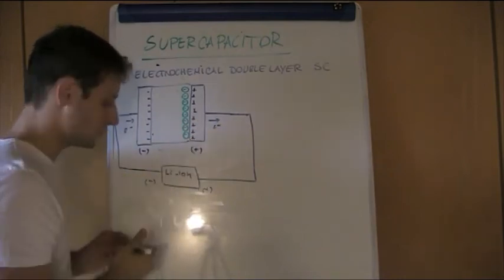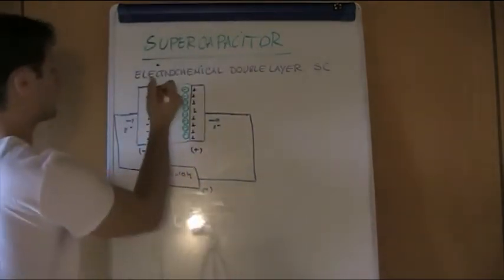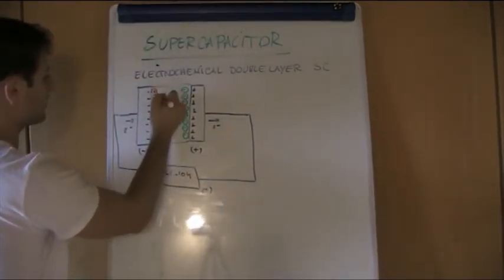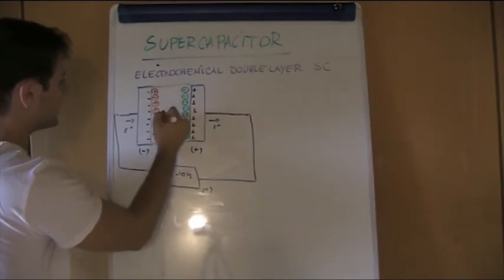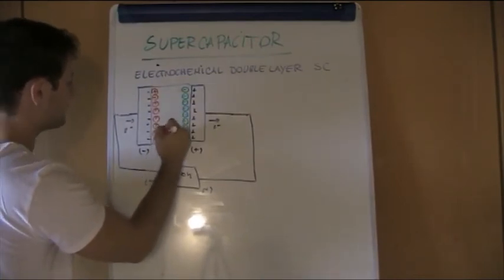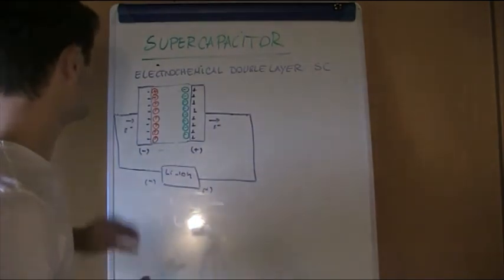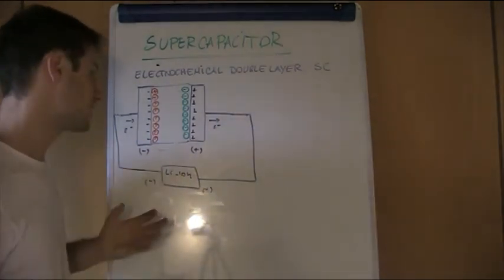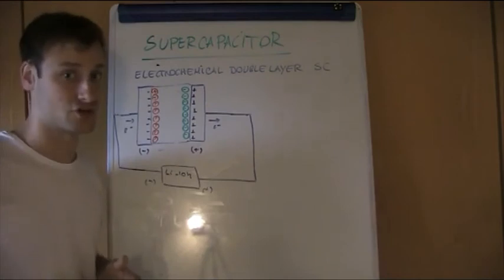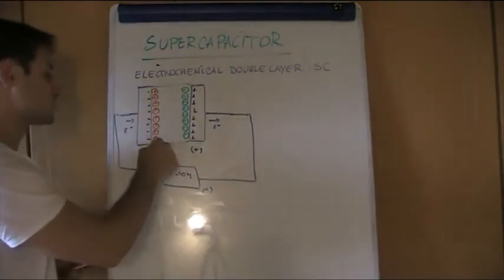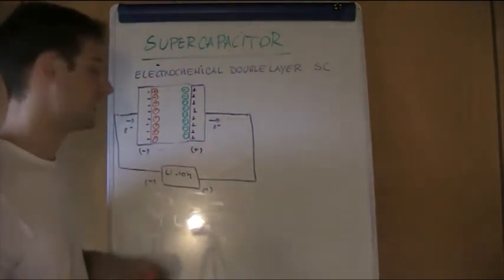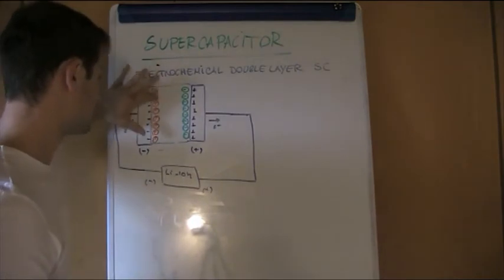And on the other hand, we are collecting the counter ions here. So what we are creating is two electrical double layers. We have defined that there are a lot of different types of models, but in general, if we simplify the situation, we can say that each of these two single double layer models, here we have, for instance, positively